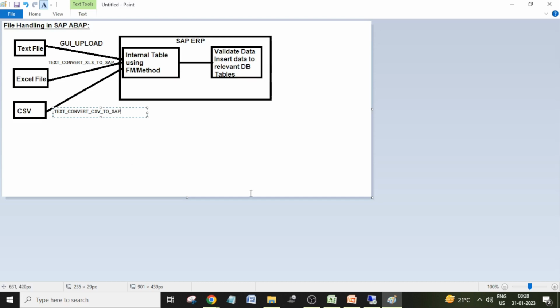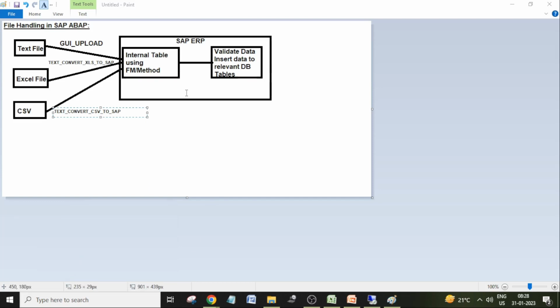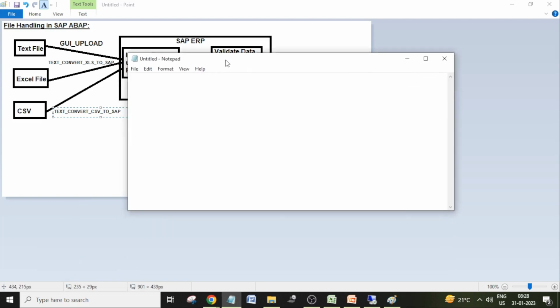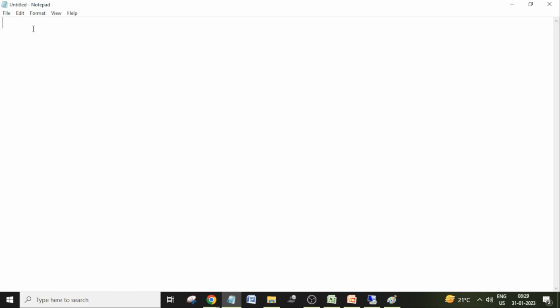Okay. I'll show you one example of a file, how we need to prepare a file. Notepad. So this is the text file. A Notepad file is a text file. That might be .txt or .dat. .dat means data files. Both are considered as text files. Now, how the sample record will look like this. For example, if you take employee records,